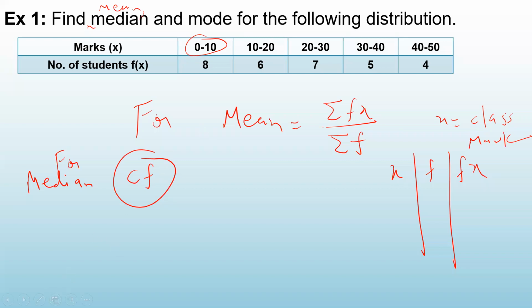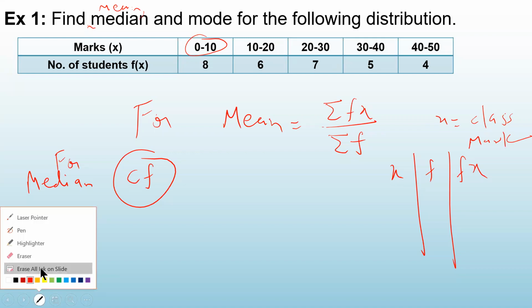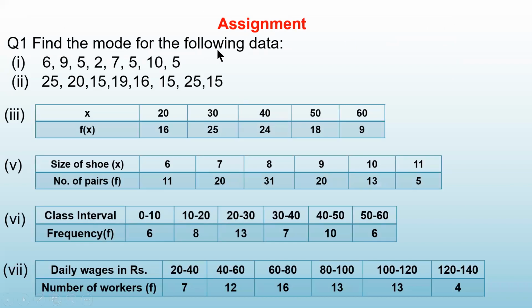Okay, so I hope you have understood this. So you can try this exercise at home. I will put in the group also, to find the mode for the following data. So these two are raw data. ये just आप inspect करके, read करके ही बता सकते हैं कि यहाँ पर mode क्या होगा. Third and fourth is grouped data of discrete type. यहाँ पर भी बहुत easy है. सबसे ज़्यादा highest frequency किसका है? इधर 25, और ये किस value के लिए है? 30. तो यहाँ पर mode होगा 30. This will be the answer. Mode is 30. देख कर ही बता सकते हैं.